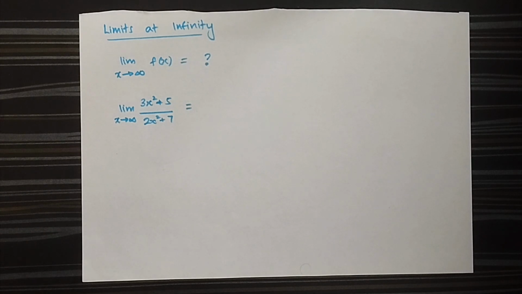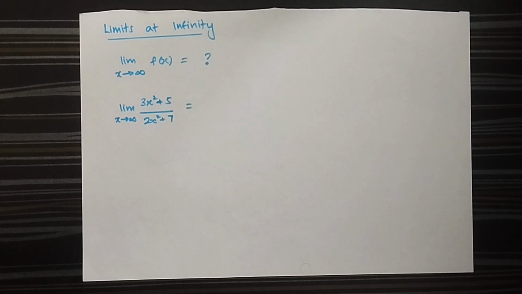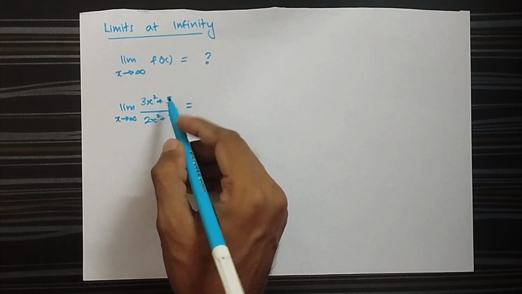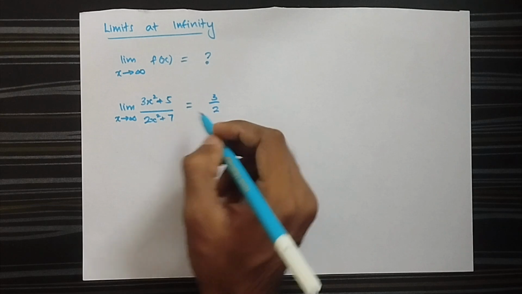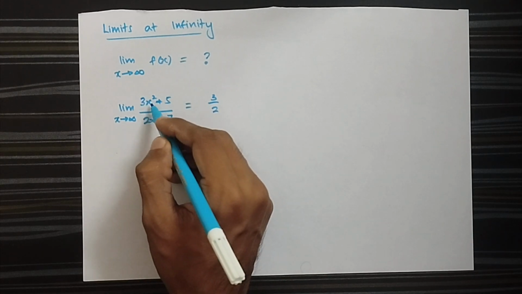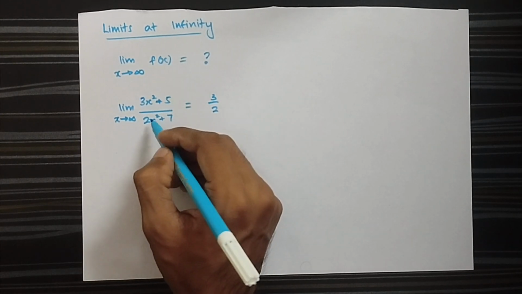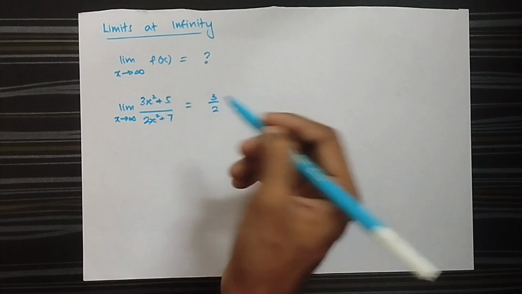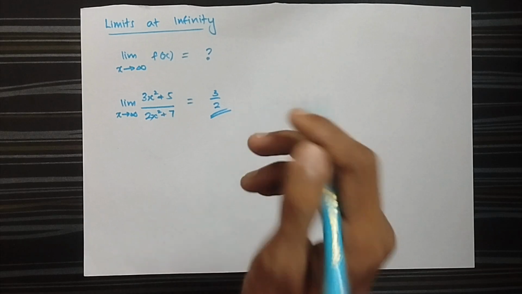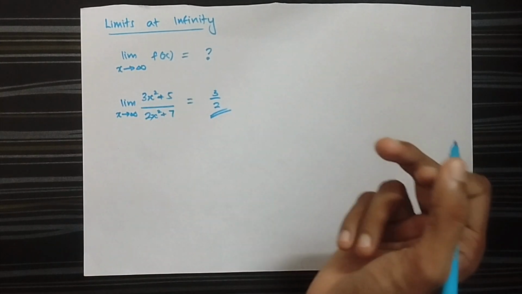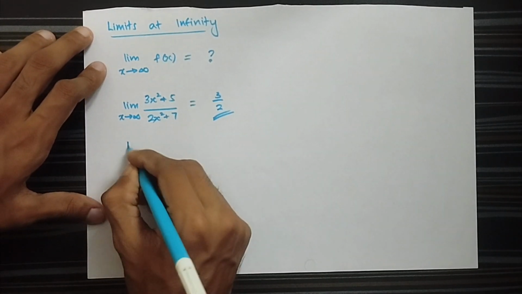When the degrees are equal, we divide the numerator and denominator by the highest power of x. The lower degree terms vanish. So pretty much all the lower degree terms vanish, and we can simply write 3 by 2, as 3 is the coefficient of the highest degree in the numerator and 2 is the coefficient of the highest degree in the denominator. This is a rule: when degrees are equal, we only consider the coefficients of the highest degrees. So in the next example,